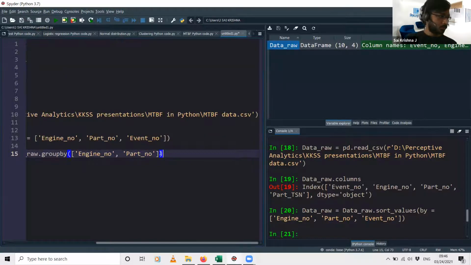So for each engine number, for each part in each engine, what is the difference in the part TSN? That is what we need to calculate.